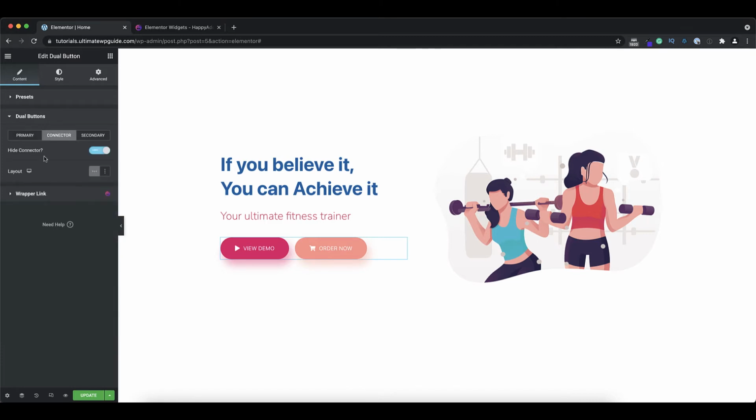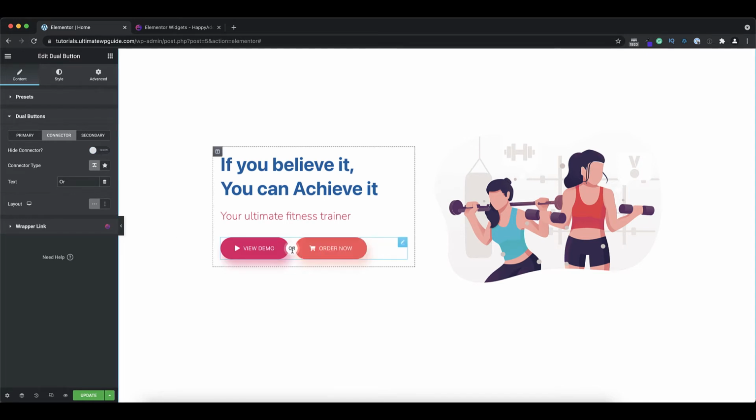If I go to the connector, you can currently see that the connector is hidden. So if I just go ahead and unhide this, you'll see that it adds that additional connector option between the two buttons, which is pretty cool. And here I can specify a connector type, which is either a text, which it is now, or I can change that to an icon. And if it is text, this is where I specify the text area. And again, if I want to change the layout, I can change it to a inline or a stacked option